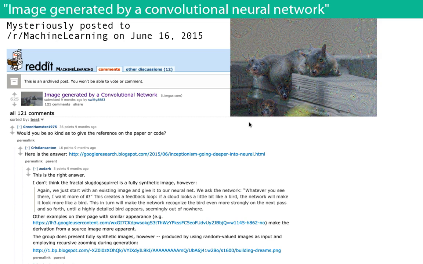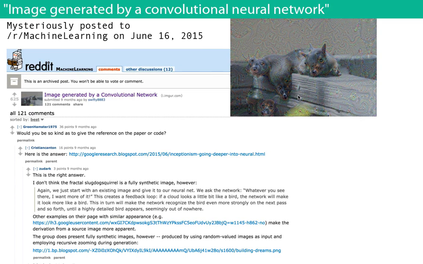Okay, so this is where things start to get really interesting. Around this time last year, in fact just about 1 year ago, June 16th, this was posted to the machine learning Reddit channel, and it's this crazy image of a weird slug or something. All that was posted was an image generated by a convolutional neural network, and this inspired a great deal of commentary on Reddit.